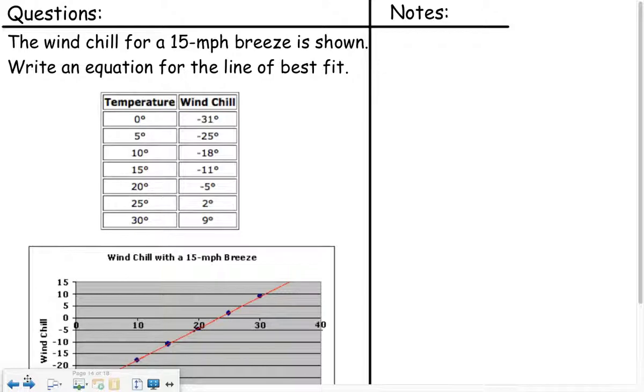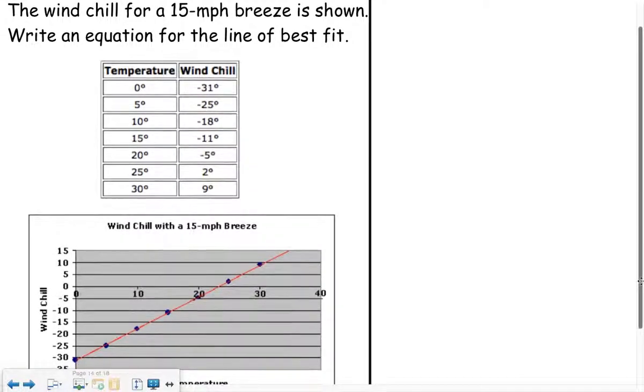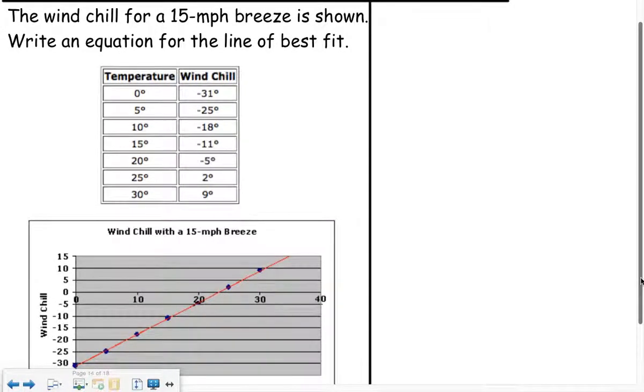All right. The wind chill for a 15-mile-per-hour breeze is shown. Write an equation for the line of best fit. So they give us a line of best fit down at the bottom. And actually, all of our lines fall on our line of best fit. Now, one thing I want you to notice before we write an equation, notice that our